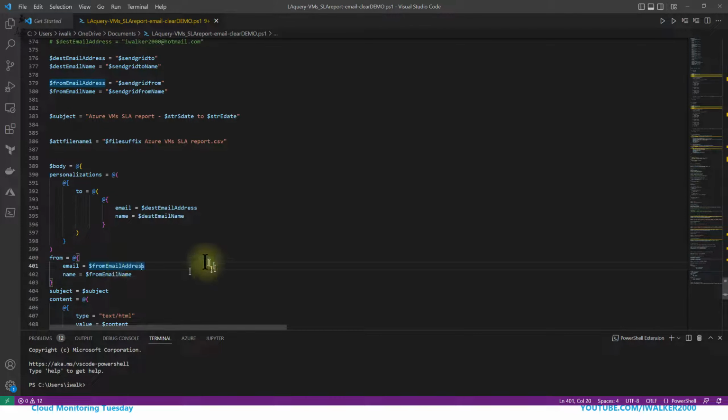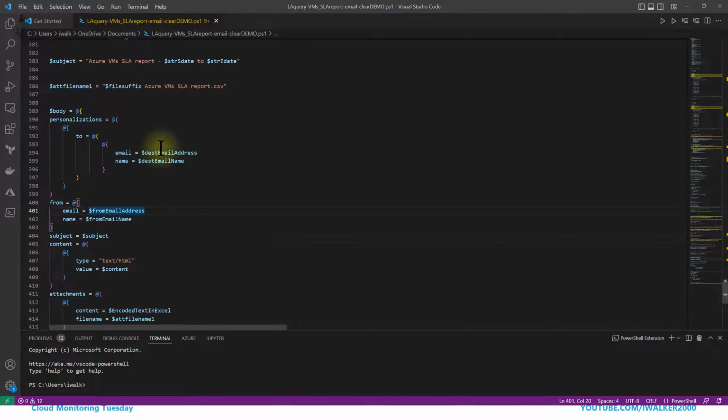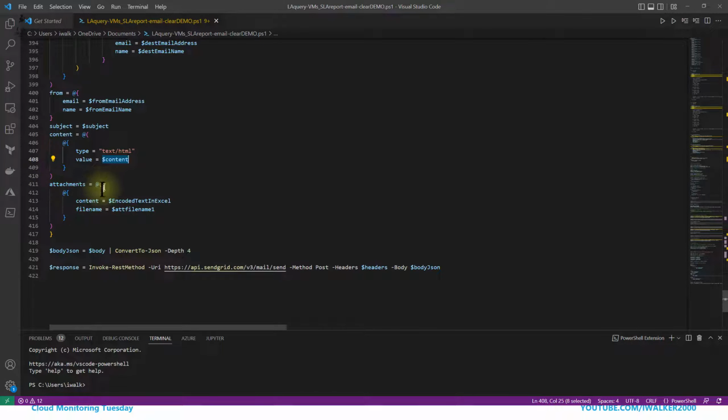The from should be the same as you have registered on your SendGrid account. Subject that you provided. Content will be text HTML because we are sending HTML, and exactly the content is all that we have inside as text HTML code inside the content variable. It will be added. Attachments, we can add a few attachments like these blocks, one block, second block, third block,